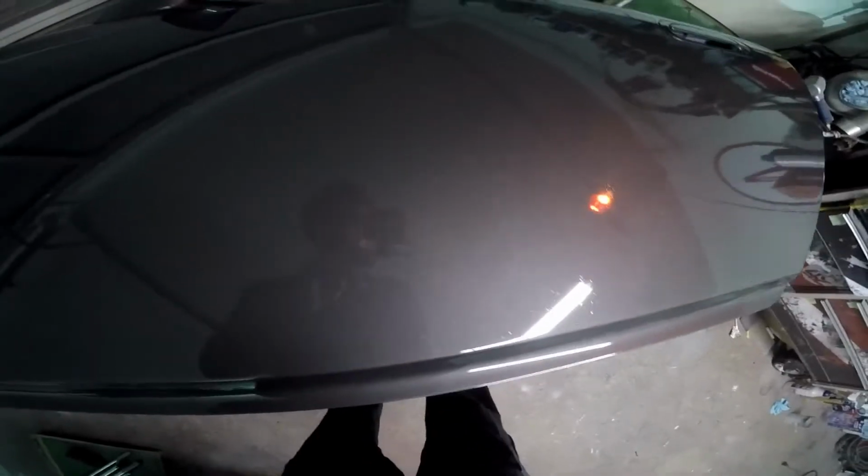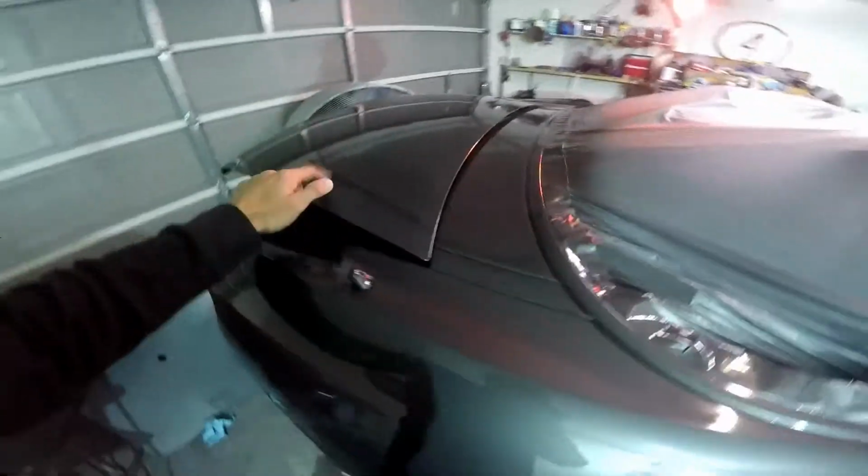Anyways, we got this one all painted up. Yep, this one's all good to go. Pretty happy with it overall. Got a few little chunks of dirt in some places. I have to reshoot the trunk. I don't know what the hell happened there, but it fisheyed like crazy. So I'm gonna reshoot the trunk